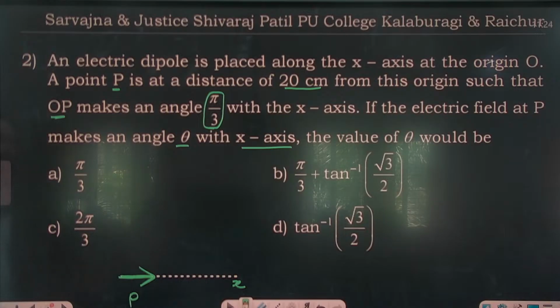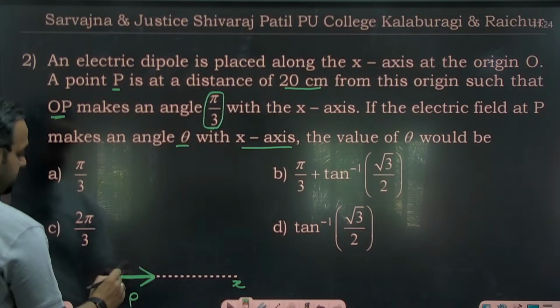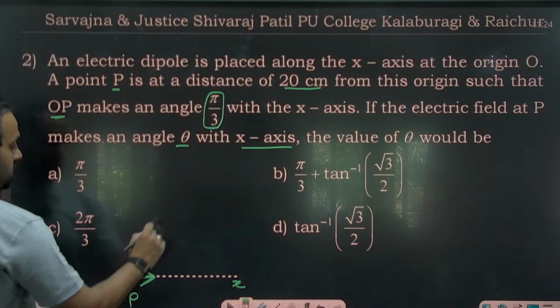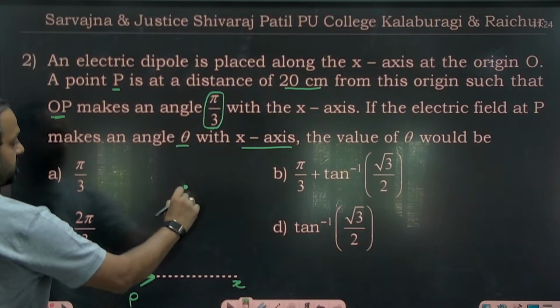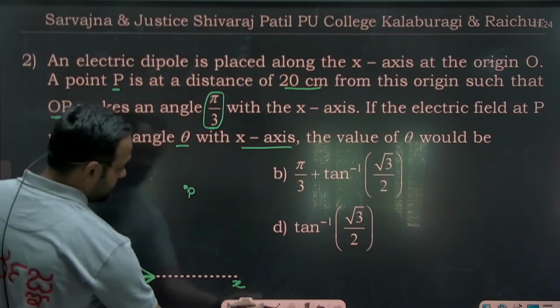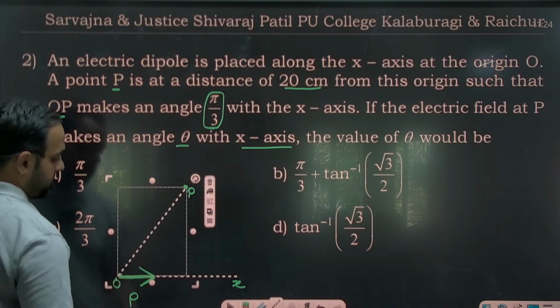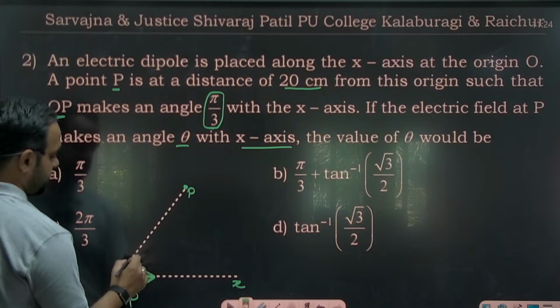Then what they're saying, there is a point P which is at a distance of 20 centimeters from this origin, and it is making an angle of how much? 60 degree. What is pi by 3? Pi by 3 is 60 degrees. So if I take that this is O and somewhere here is this point P. Yes. So OP angle ಏನು ಮಾಡ್ತಾ ಇದೆ? And OP is making an angle of